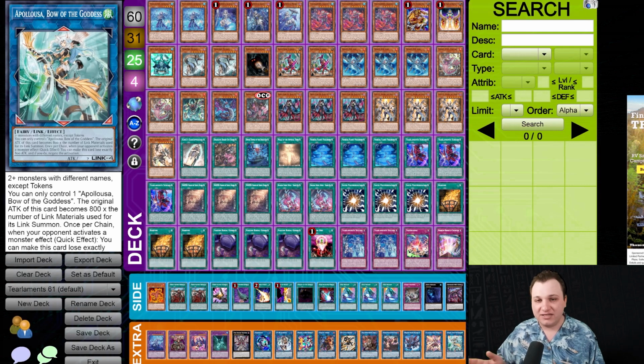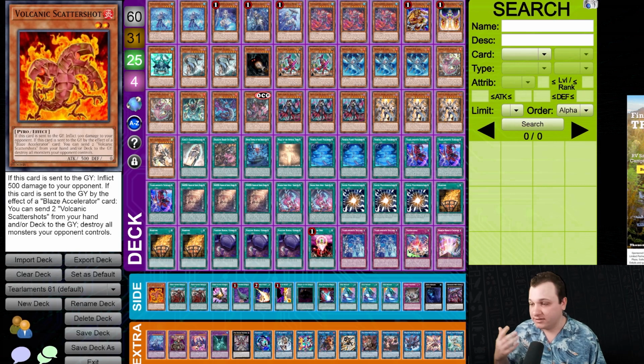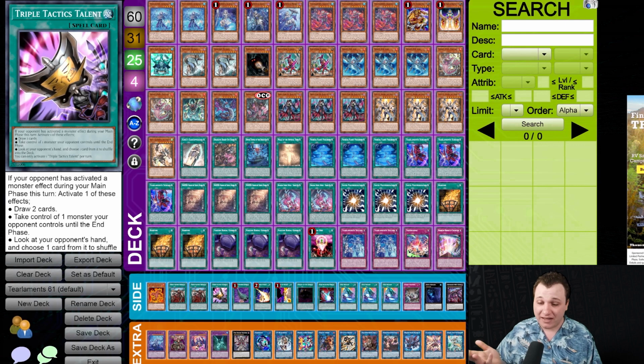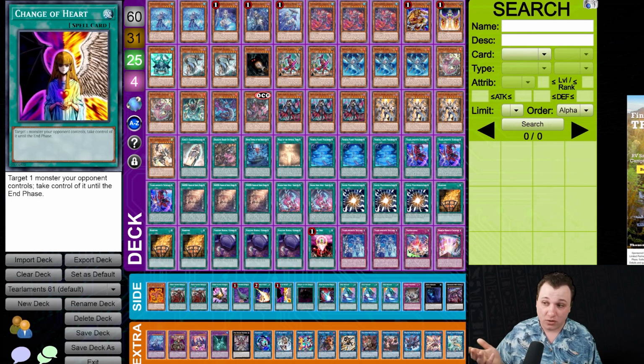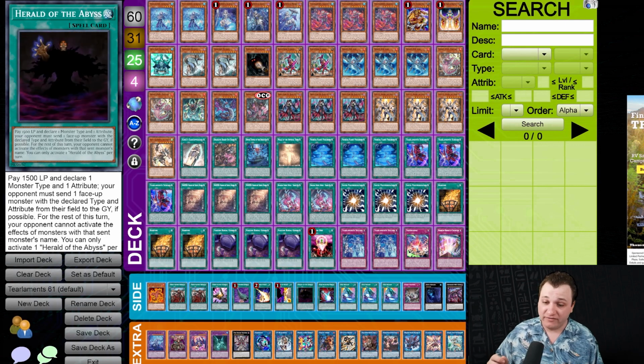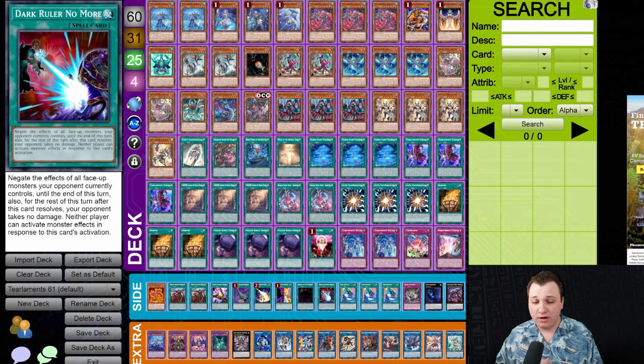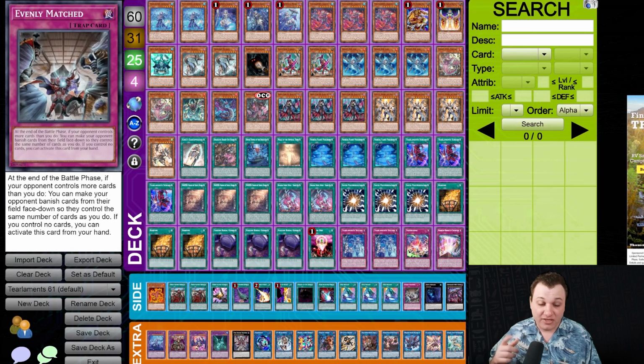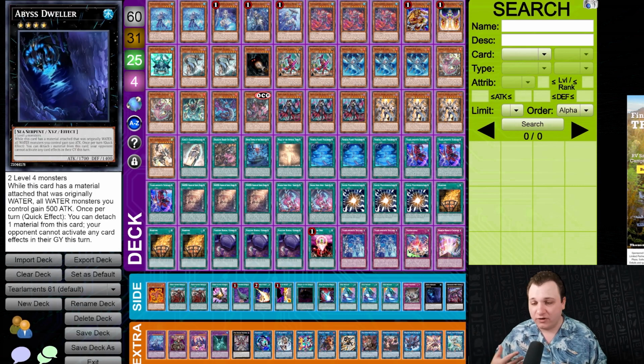For the side deck, this can change, but as of now, I currently have 1 Scattershot, because reasons, 2 Thrust, and then the Thrust targets are 1 Talent, 1 Duster, 1 Lightning Storm, 1 Change of Heart, 1 Herald of the Abyss, 1 Dark Ruler No More, 3 Soul Release, because we want something good versus the Fire King matchup, and then 1 Evenly. And then I am also playing 1 Dweller in the side, because if you're going first,